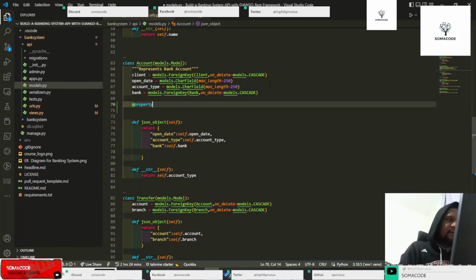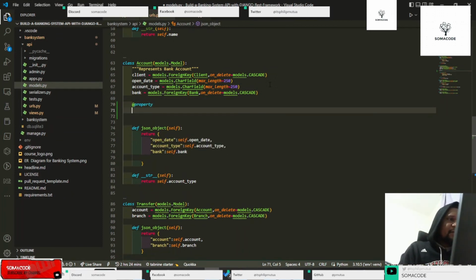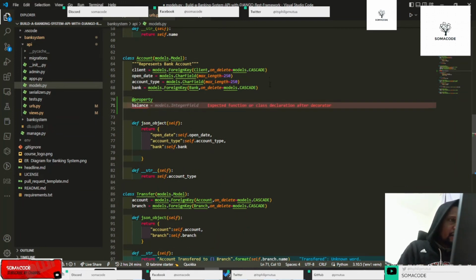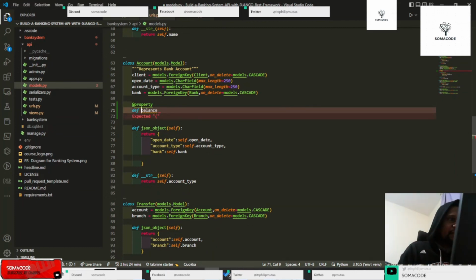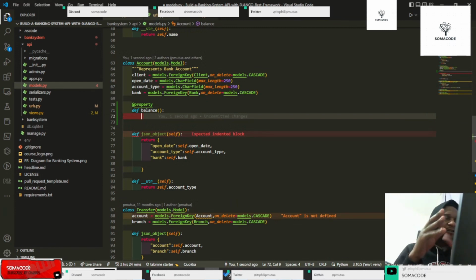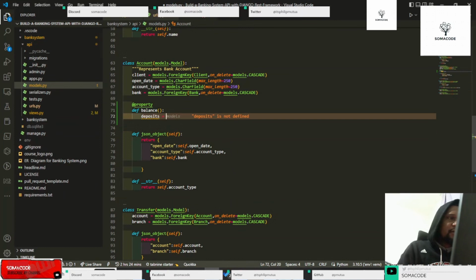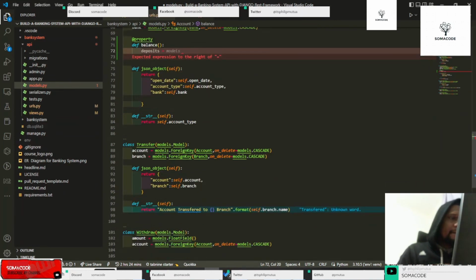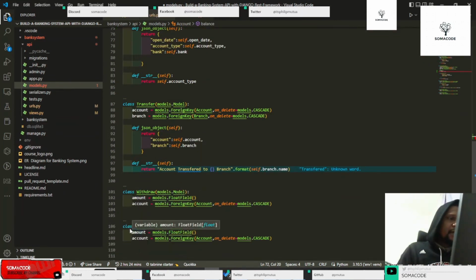at property that we can say this is a balance. And then what do we do now? We need to check the total withdrawals and the total deposits so that we get the balance. Deposits equals, we can do a query here,